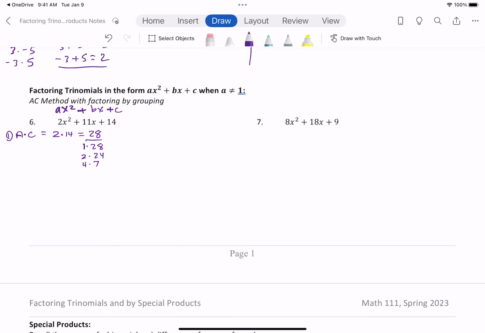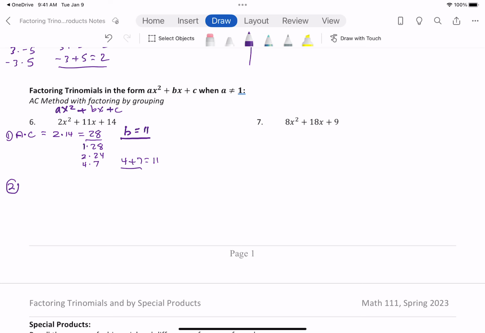Now the next part is similar. We still want to know which set of those factors that we just listed will give us the b, which in this case is 11. So 1 and 28, 1 plus 28 is not going to be 11. 2 plus 24 is not going to be 11. So I know that 4 plus 7 will be the factors that I need. What's different